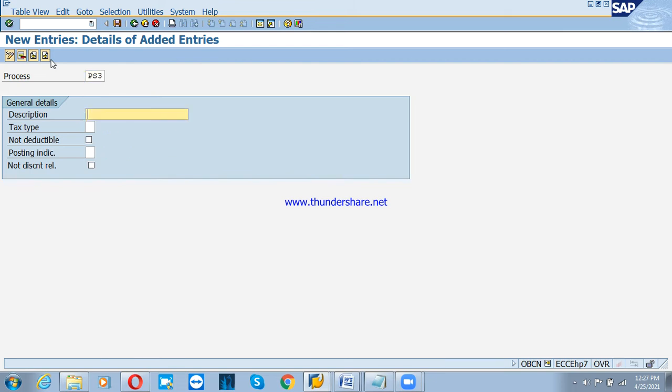Next entry PS3, input IGST, 2 and 2. Next entry PS4, output CGST, PST. The tax type 1 and line item post indicator 2. Next entry PS5, output SGST,